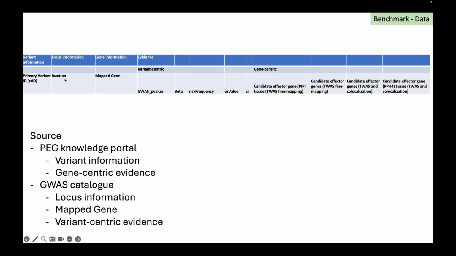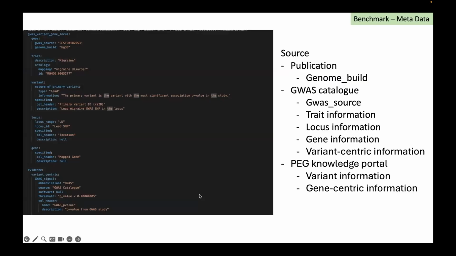I also found that the column names are not consistent with regards to the published paper, the GWAS catalog, or the knowledge portal. Same with the YAML, the metadata.